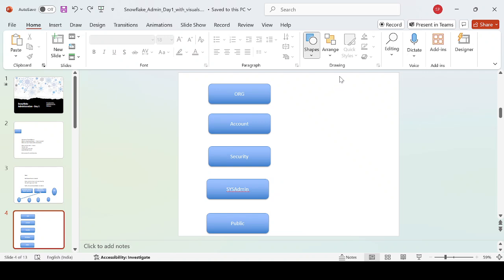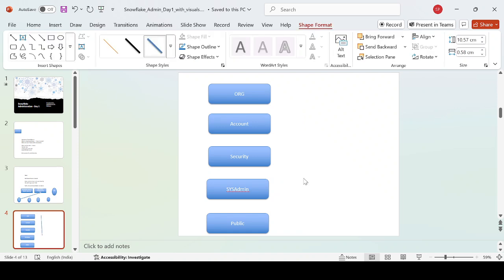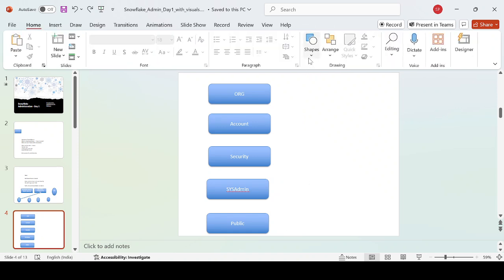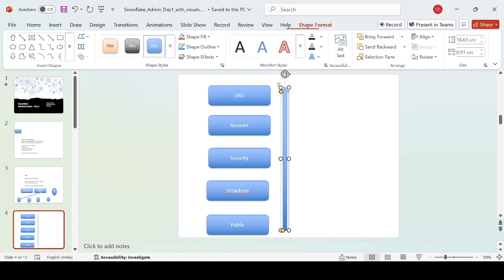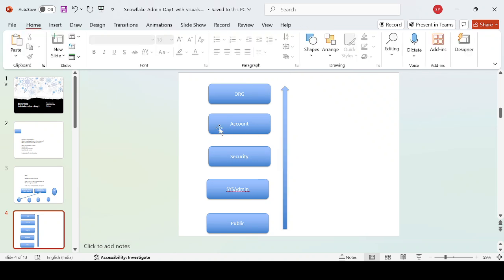The access flow is like, so these are the default rules. So each has some,